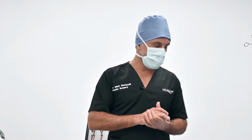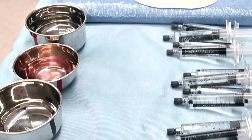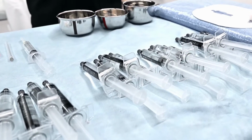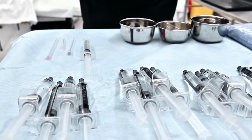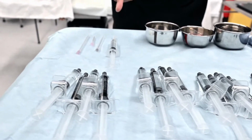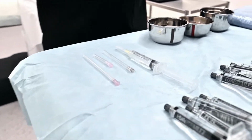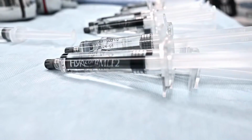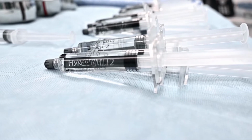Now I'd like to show you the surgical table. We are in a very sterile environment. We have the sterile drape, sterile gauze, and of course the antiseptic. If we get closer to our tools, we have the syringe of anesthesia, which is xylocaine with adrenaline, and a 30 gauge needle. Then an 18 gauge needle for the entry point of the 18 gauge cannula that will serve to inject the